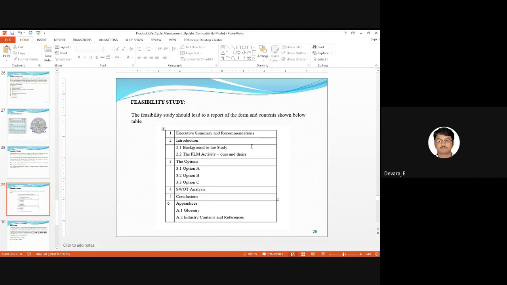Then the introduction. In the introduction, there is a background to the study, right? What is this background to the study? Before launching a product, you need to know what the requirements in the market are. You can do a survey and get the information you require to make a product. Yes, good. Here the design thinker will come into the picture. He will see what the needs of the customer are. If you're developing a new product, you should always see the background, which is nothing but the requirements for the product, depending upon the customer needs.